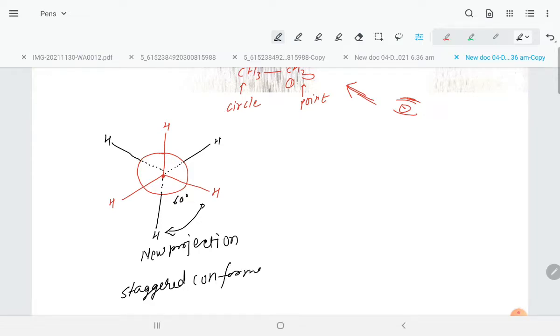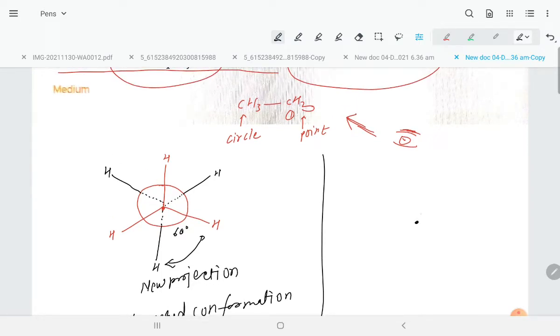Now students, when you talk about the other form, you will find the front carbon and the back carbon. Now we are going to mention this out. The front carbon is like that, with hydrogen, hydrogen, hydrogen. Now for the back carbon, the hydrogen is just immediately behind. Here you can see this one hydrogen, and this is again going to be hydrogen.